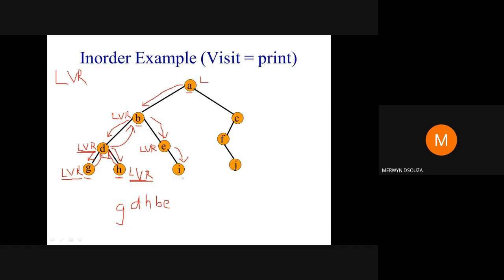New node. So you will try to go left. Cannot go left. So you will say visit. Write it in the output. Try to go right. Cannot go right. All the steps are done. So go back up here. Check whether any steps are remaining. No, all the steps are done. Go back up. Any steps remaining? No, all the steps are done. Go back up. Okay. Any steps are remaining? Yes, visit is remaining. So visit. Write it in the output. Okay. Then try to go right.